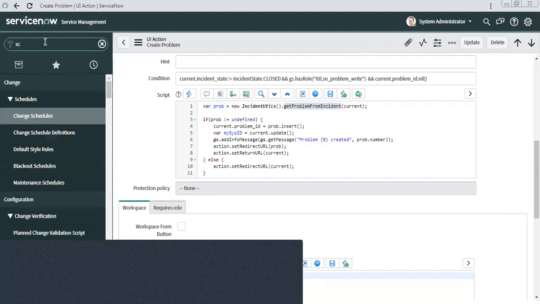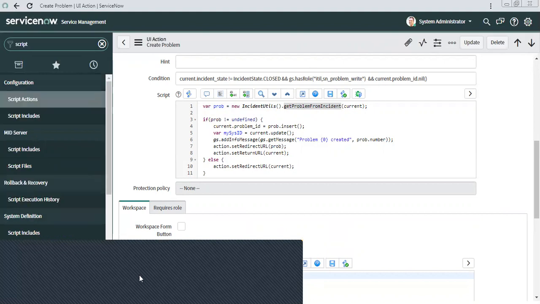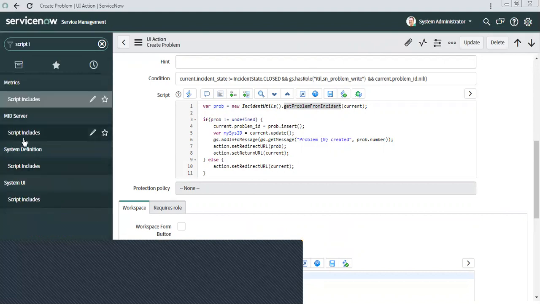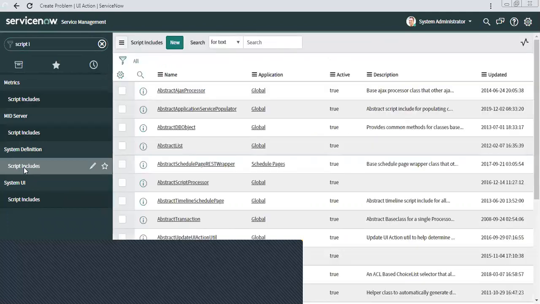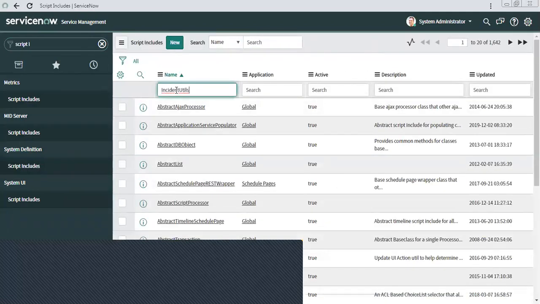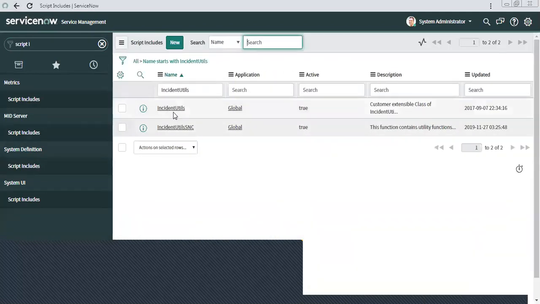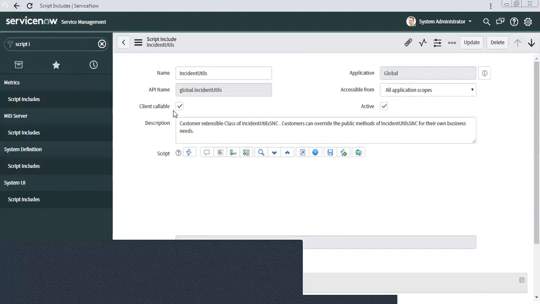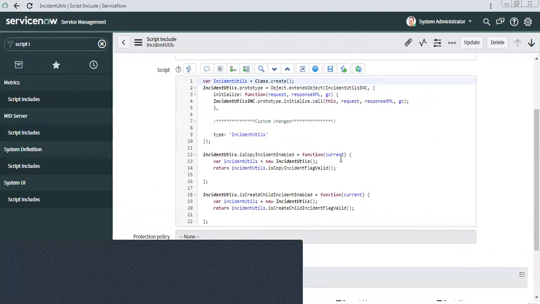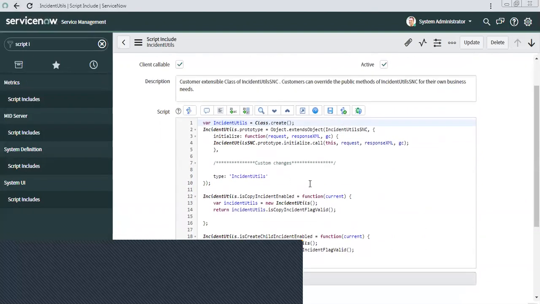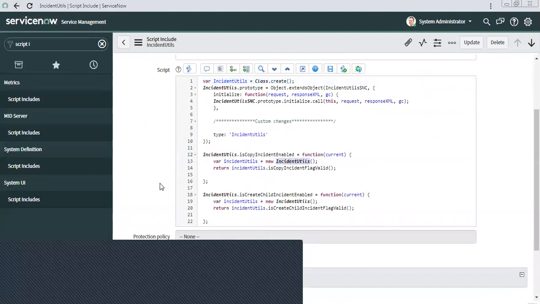So if you look here, in script include, if I open incident util, you find this, and inside this there would be other functions also, I think. From this they are calling this incident util.